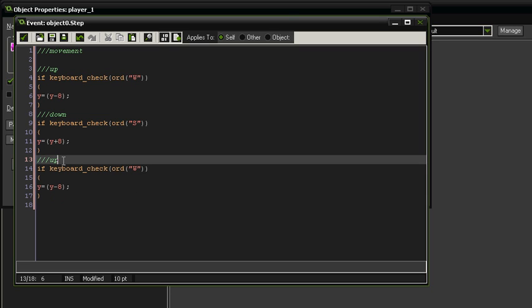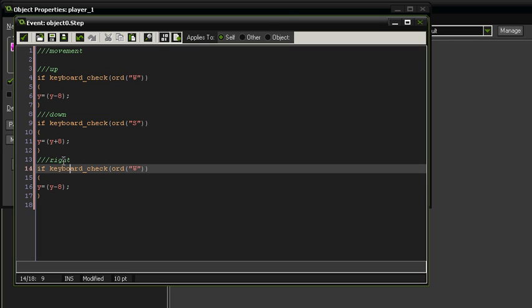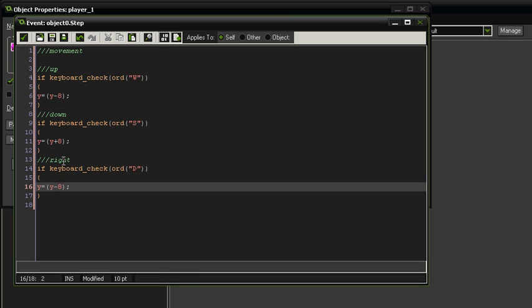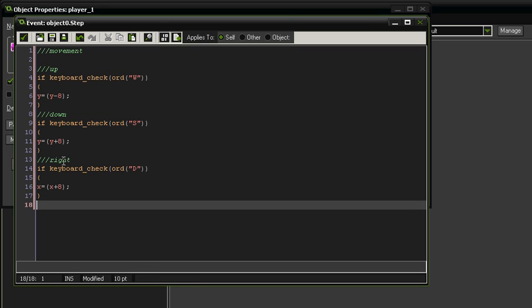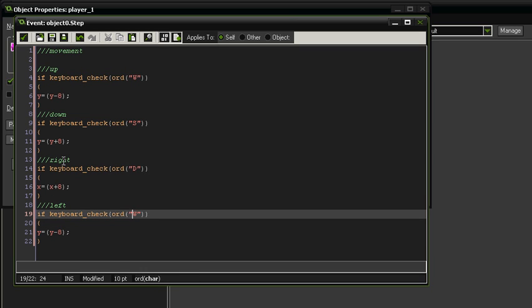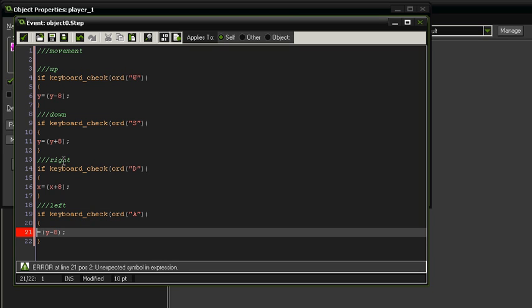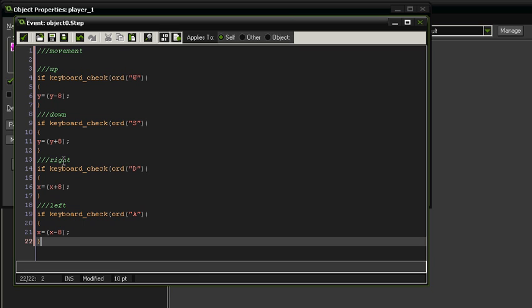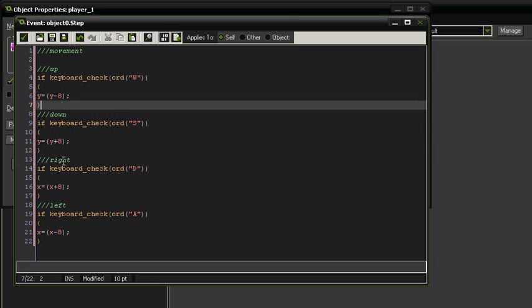And duplicate it again. This time we're going to go right, and the key for right is going to be D. And this time we're using the x-axis. So instead of y, put x. And because we're going right, we're increasing the x-axis, so that's going to be +8 pixels. And finally, we're going to move left. And the key for left is going to be A. X-axis again, so X. And we're going backwards, so -8 pixels. And that's a really simple code for movement using